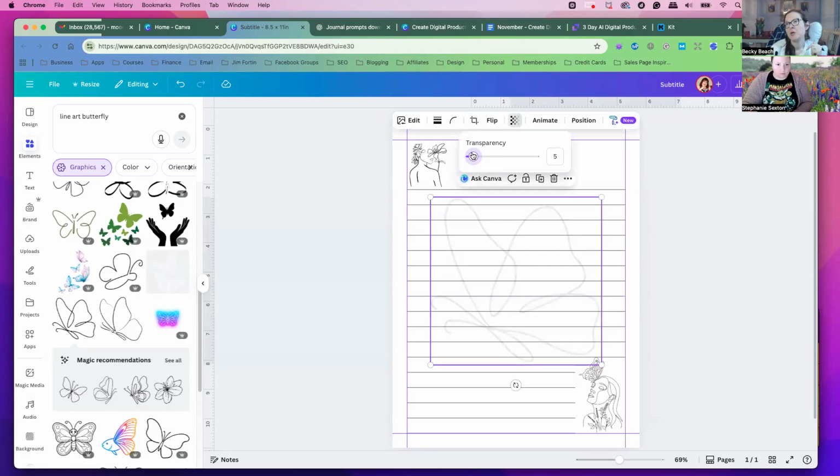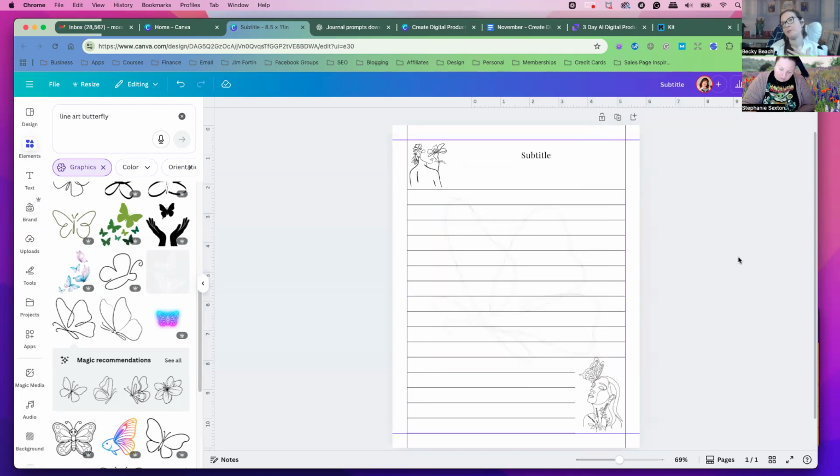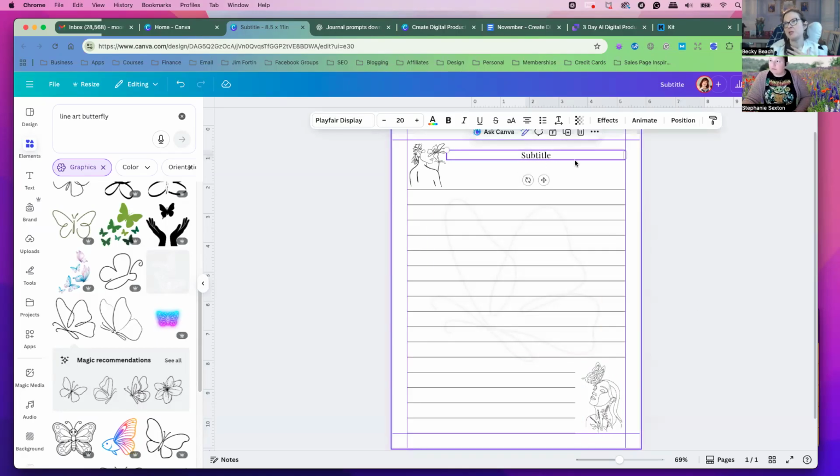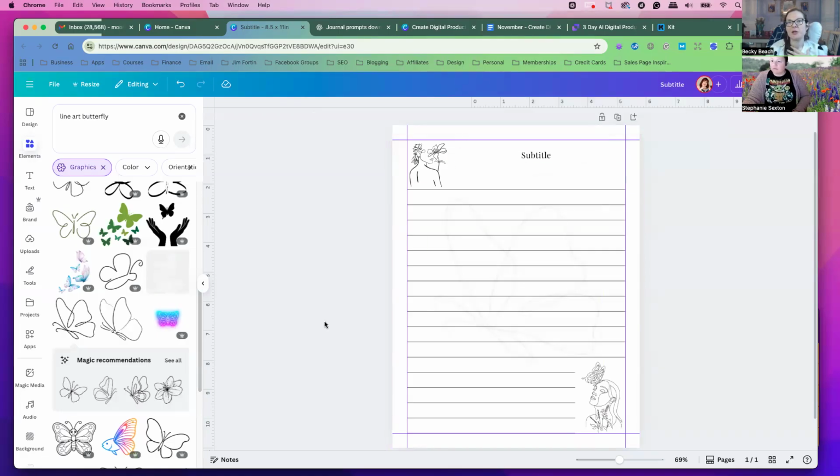So what I'm doing is I'm going to the transparency and peeking it up a little bit so they can see a butterfly behind the lines. I just think that looks really pretty because there's already a butterfly here, so I'm just playing with the elements a little bit. Let me scoot that down so there's more breathing room between the lines and the image. Yeah, I'm happy with this. Just make sure the text isn't covering the image. Okay, so now we're going to be doing our automation.